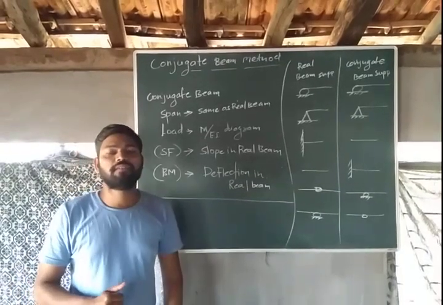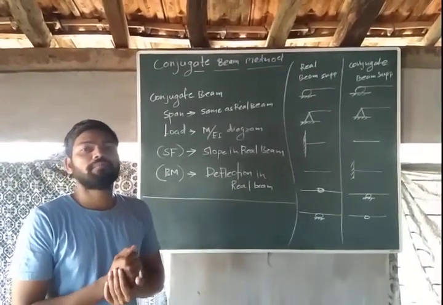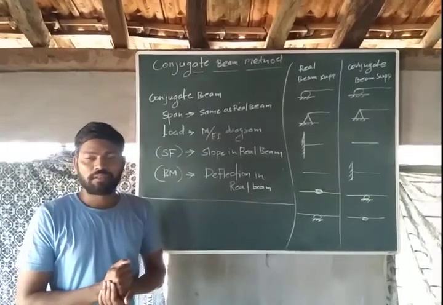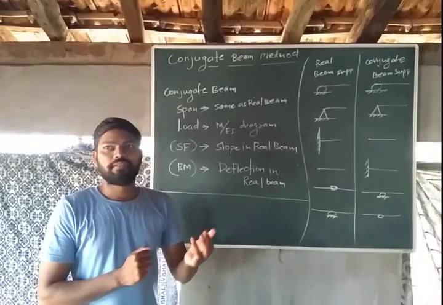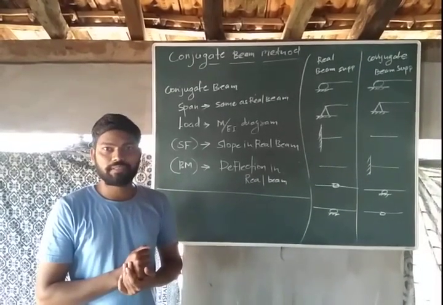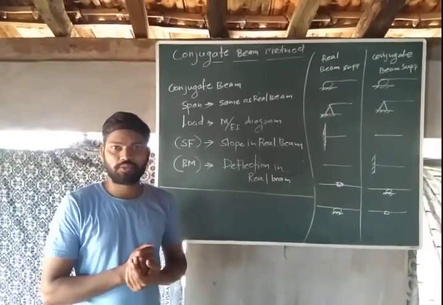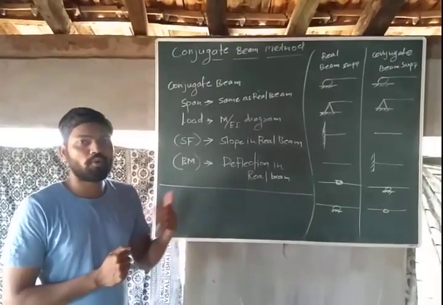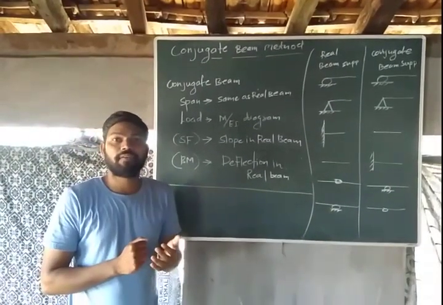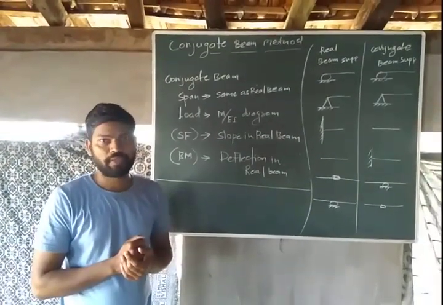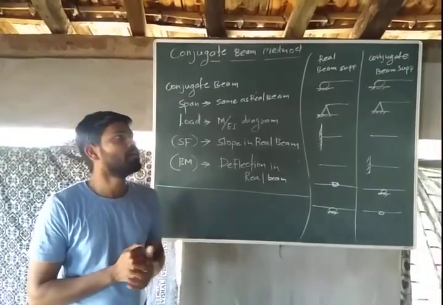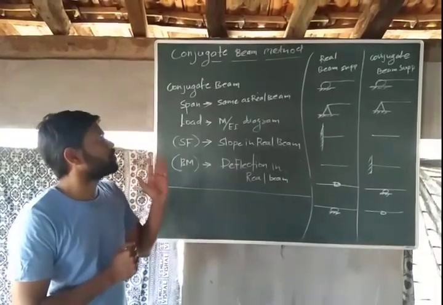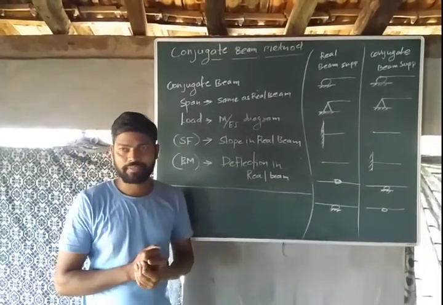So friends, in the class we have seen different methods to find out the deflections. Out of these methods, the unit load method is there, then the moment area method, then the strain energy method. Now one more method we are going to study to find out the deflections of the beam as well as frame. Many times this method is used only for the beam, not for the frame. This method is the conjugate beam method.